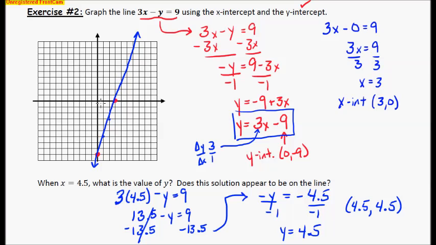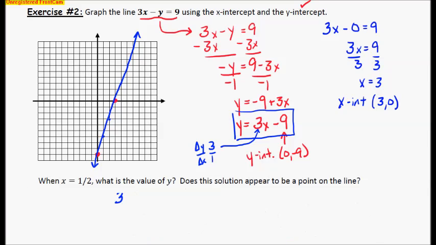So let's see if that's on the line. If I go up here, 1, 2, 3, 4.5, and up 1, 2, 3, 4.5. But if that was a straight line, I think that'd be spot on right there. All right, that would be spot on that line. Okay, so yeah, it looks like that is on the line. All right, so the last part,